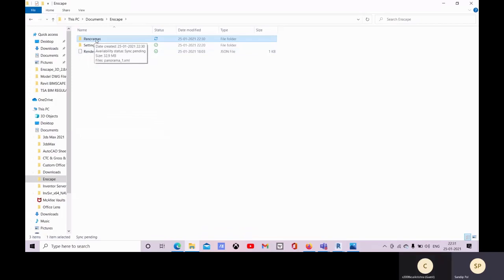This is under this document, the Inkscape file is there, and under this the panorama file is created.